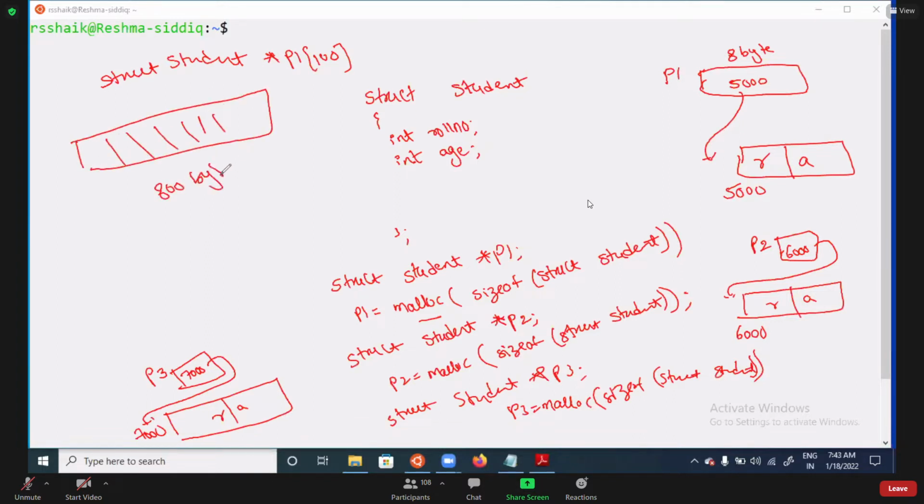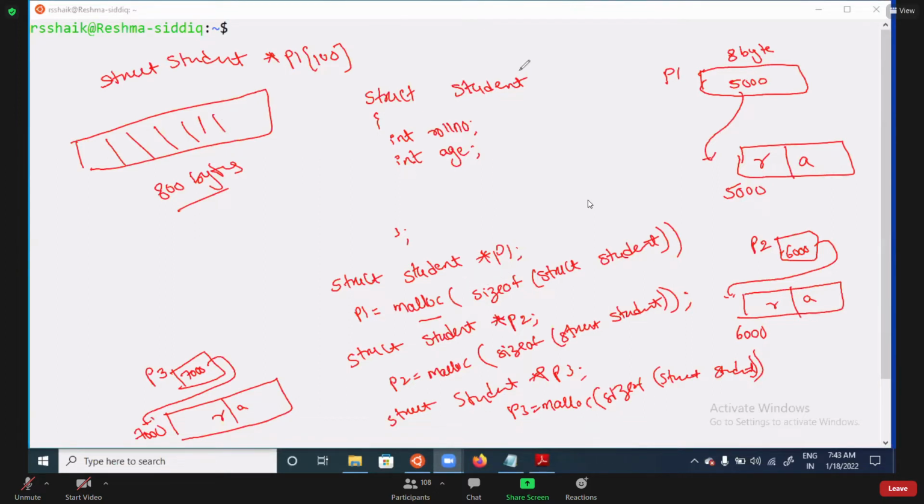Now if only 2 students have joined, then the remaining 98 into 8 bytes of memory is wasted. And if you are going for more than 100, memory is insufficient. To avoid this, what do we need to do? We need to go for the concept of self-referential structure.